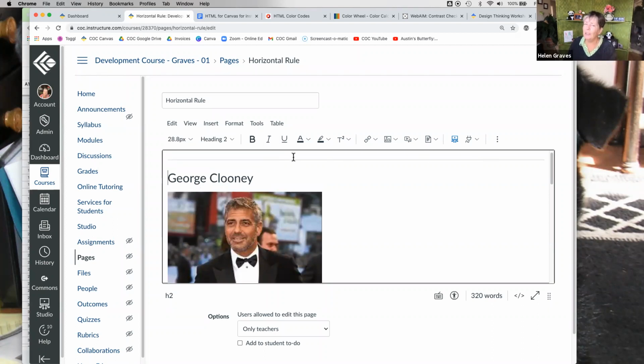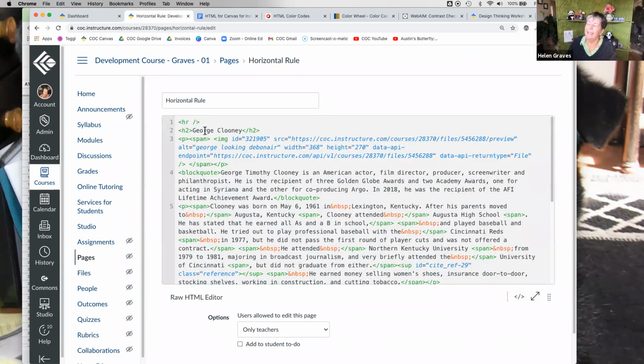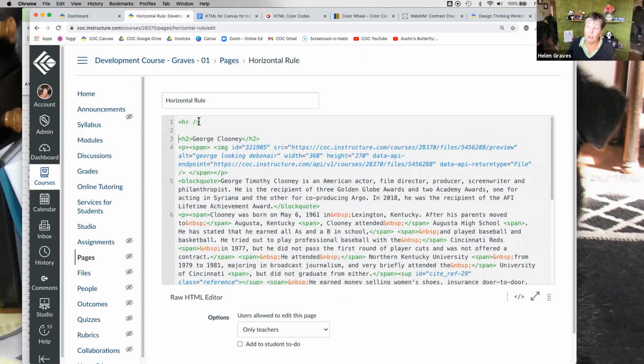But there are times when that unobtrusive gray line just isn't good enough for me. I want something bolder. If that's the case, I have to go in and alter the code a little bit. So the thing to know about horizontal rules, it looks different, and that's because there's no text involved. So it doesn't need to enclose text with an open tag and a close tag.